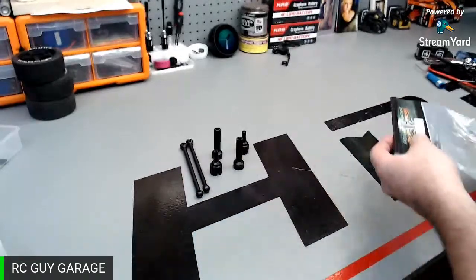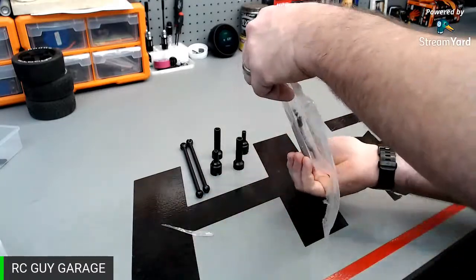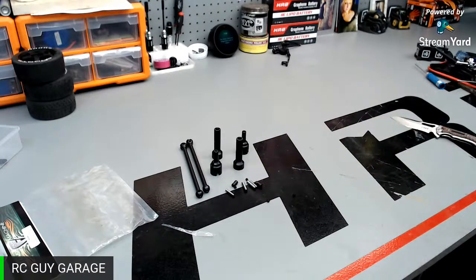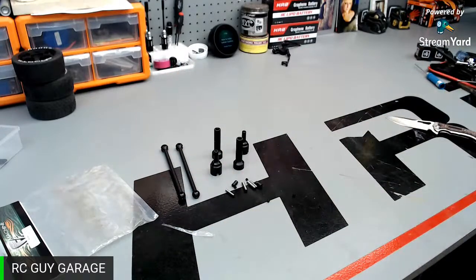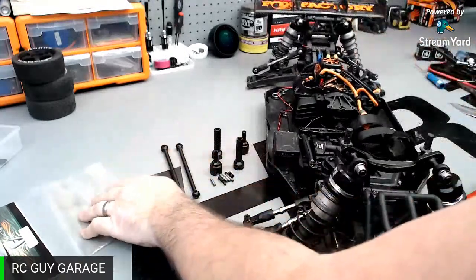So we got some parts from FLM for the DBXL-E 2.0, which has been down for quite a while now. But we're not going to use all the parts, because what I had said was the biggest thing was, let's see if these parts will fit in. Nah. So, where was I? Losing set screws. So the biggest thing about this vehicle right here, the 2.0, was we did a repair on it, right? And part of that repair...